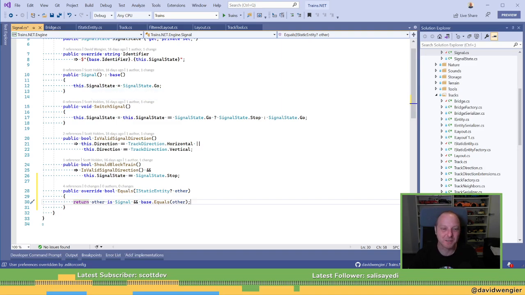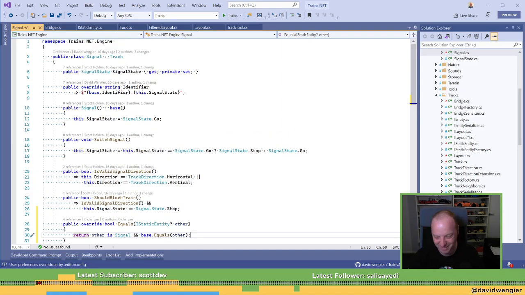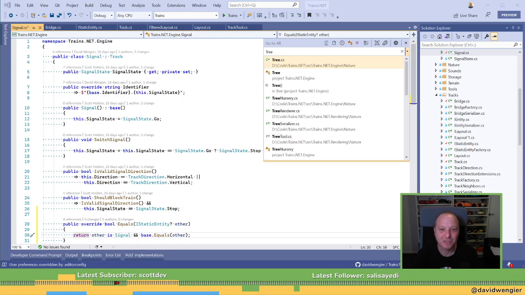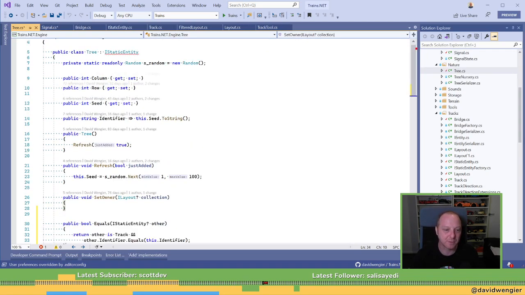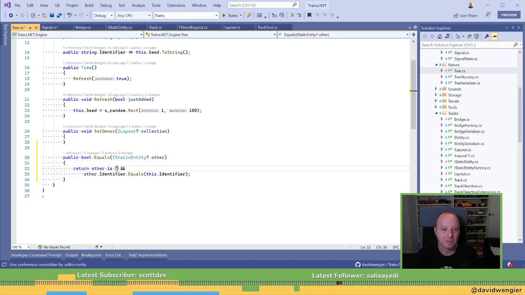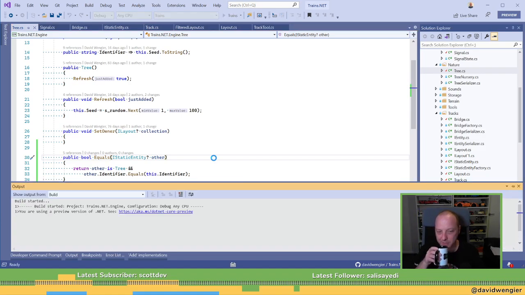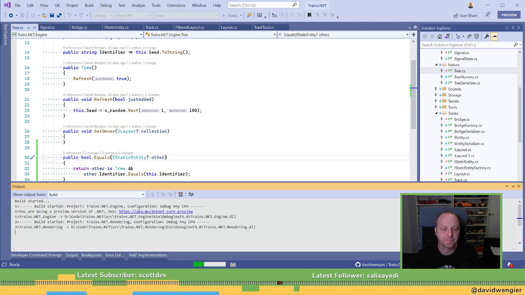I really don't know what this method does. I haven't thought that far ahead. So let me just implement it. Okay. Let's see what happens. I have no idea what is going to happen. I know that trees aren't going to wobble when you click on them, hopefully.